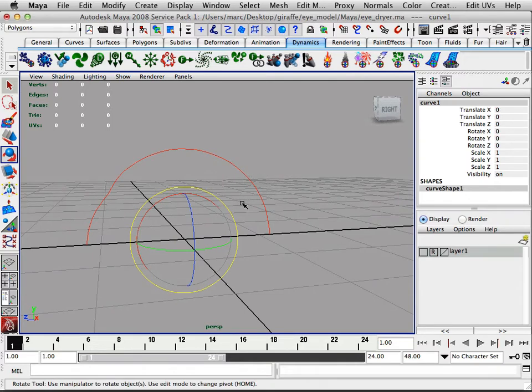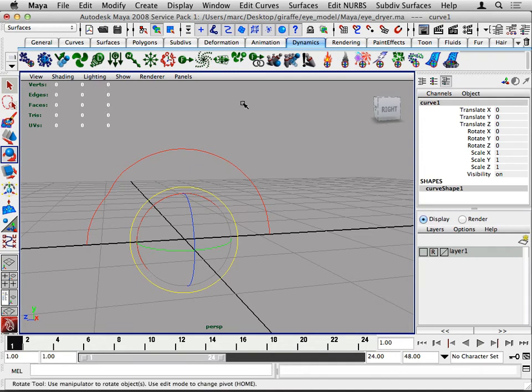So I'm going to select this, and I'm going to perform an action called a revolve. The easiest way to access this is to go to the menu up here. There's a lot of stuff going on, but in the far left, it'll probably say polygons or something. We want to click down and change it to surfaces. There are just so many menus in Maya that you can't show them all at once, so these are menu sets. So we change it to surfaces,